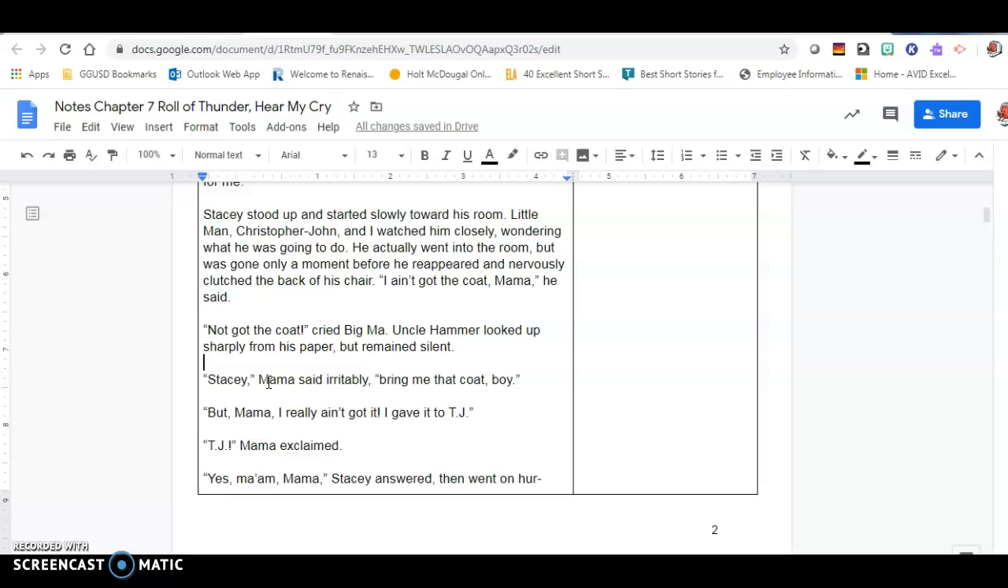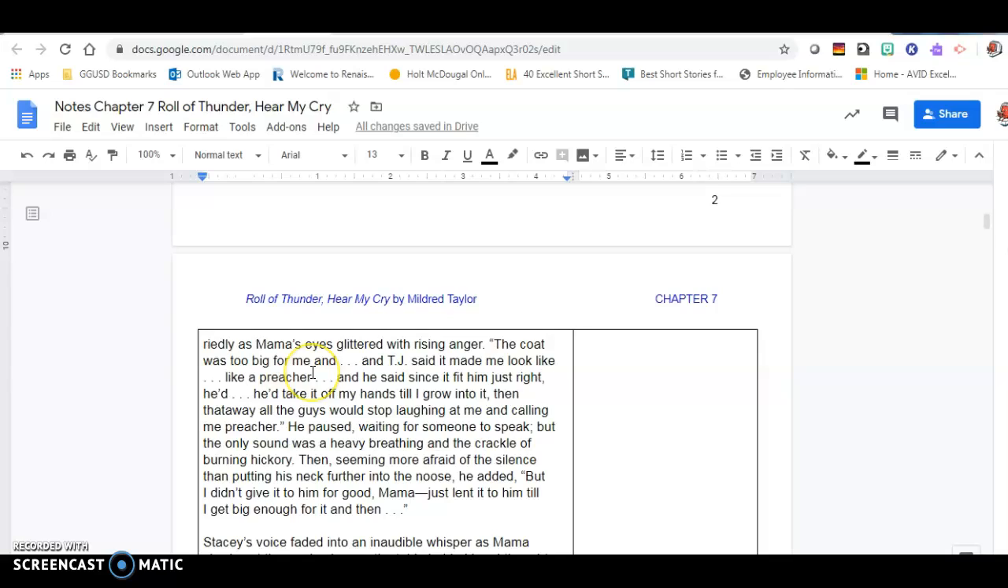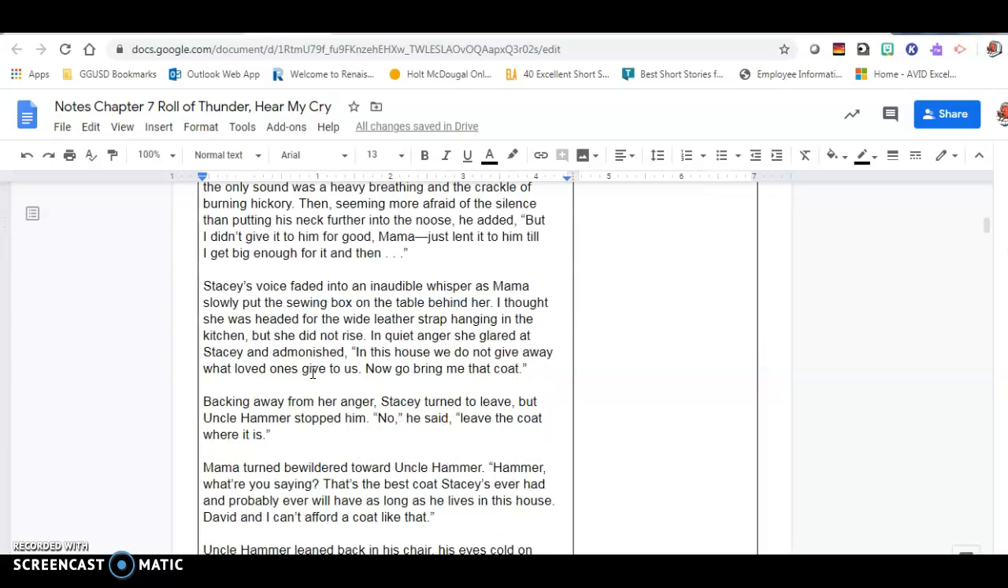"Stacy," Mama said irritably, "bring me that coat, boy." "But Mama, I really ain't got it. I gave it to TJ." "TJ?" Mama exclaimed. "Yes, ma'am, Mama," Stacy answered, then went on hurriedly as Mama's eyes glittered with rising anger. "The coat was too big for me and TJ said it made me look like a preacher, and he said since it fit him just right, he'd take it off my hands till I grow into it. That way all the guys would stop laughing at me and calling me preacher." He paused, waiting for someone to speak, but the only sound was heavy breathing and the crackle of burning hickory. Then, seeming more afraid of the silence than of putting his neck further into the noose, he added, "But I didn't give it to him for good, Mama. I just lent it to him till I get big enough for it, and then—"